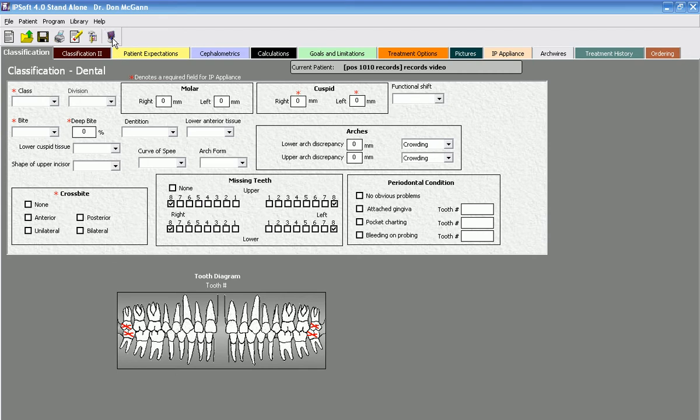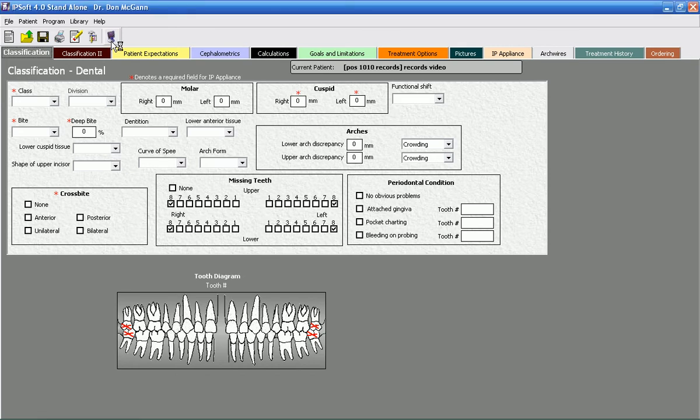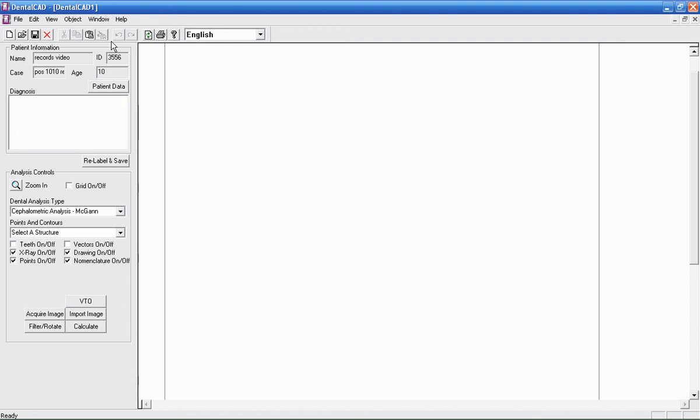I'm going to click the icon underneath the help, and this is to open up the dental CAD program. This is where you will process your x-rays and model measuring. Okay, so we're going to start out by importing an image, and if I was going to use acquire image, that would be for a scanner. So if I had a scanner hooked up directly to this and I was scanning the x-ray, then I would use acquire image. Import image would be an x-ray that's already been scanned or maybe is saved in another database